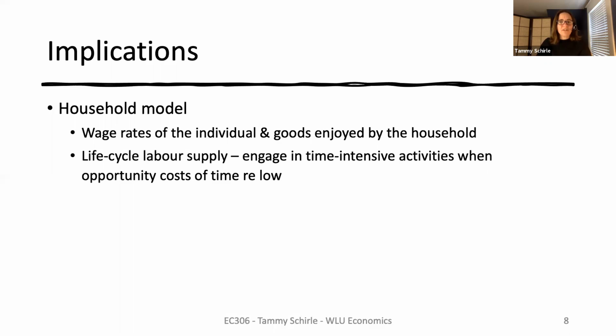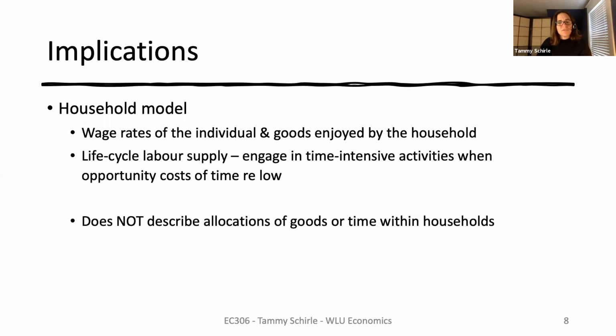In this model, we can think about how a change in the wage rate for women affects not only their own allocation decisions, but also the decisions of other family members, either in terms of their own paid market activity or in terms of the time-intensive services enjoyed in a household. As we've seen household technology and wages change over time, such a model might help us understand broad trends in women's labor market outcomes. We can also think about planning over our lifetimes in terms of when we might want to spend more time in time-intensive activities, particularly when those opportunity costs are low.